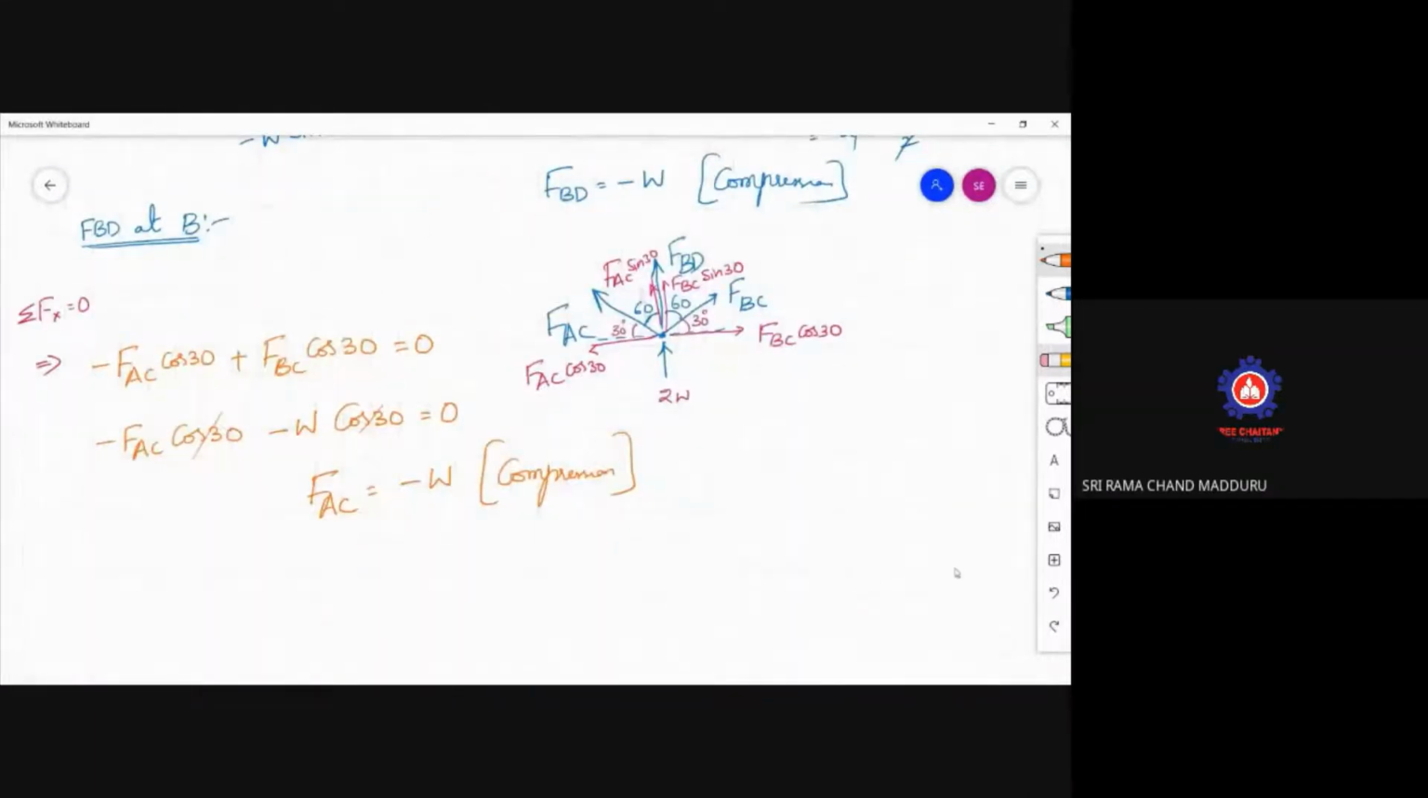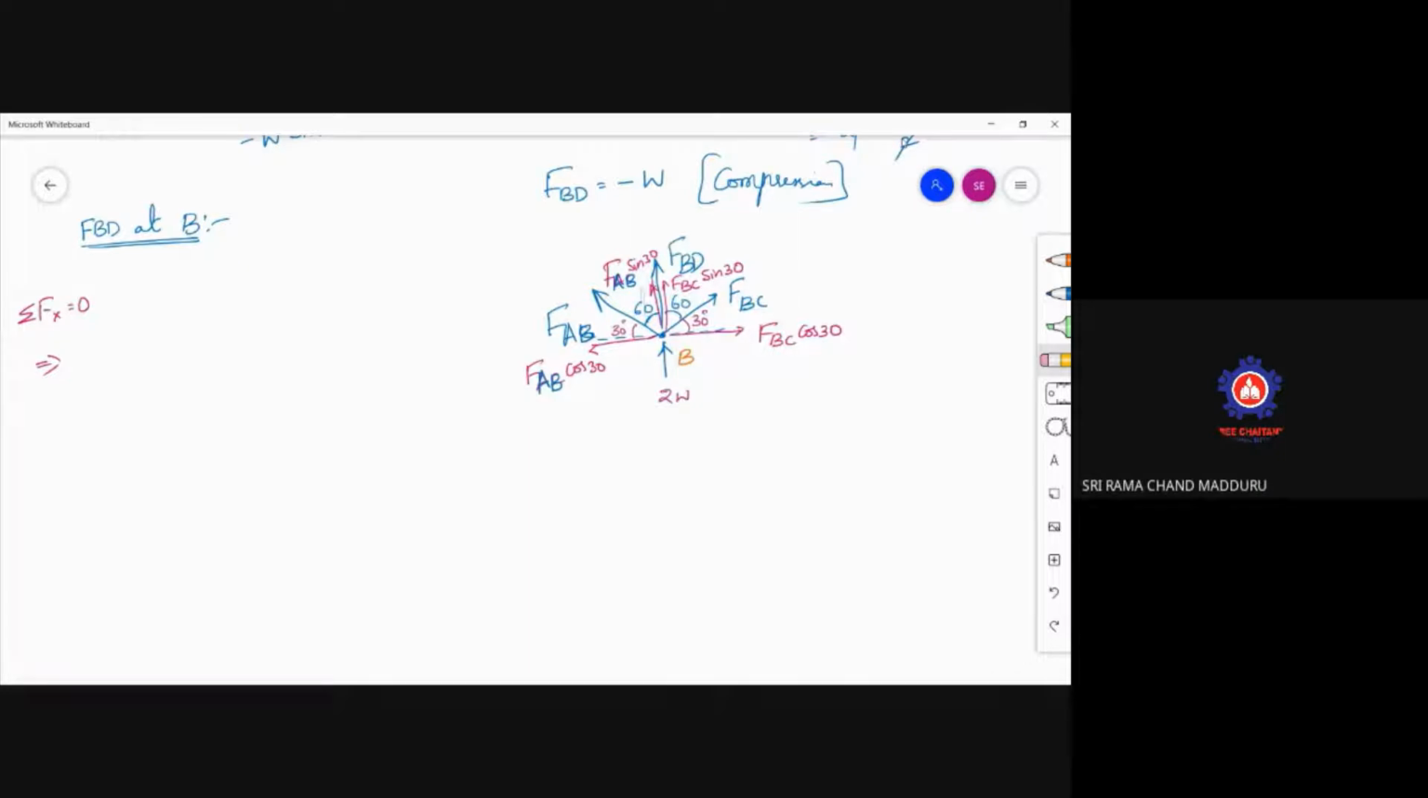Make a correction of this one. This says nothing but FAB. So this is FAB cos 30. This is also FAB sin 30. So after resolving the forces here along the x-axis, this is minus FAB cos 30 plus FBC cos 30 equal to 0. So cos 30 can be cancelled, and FAB is equal to FBC. So FBC is minus W, which is